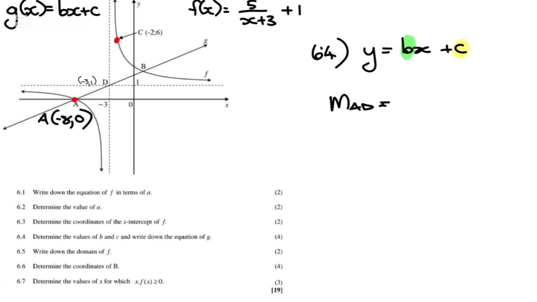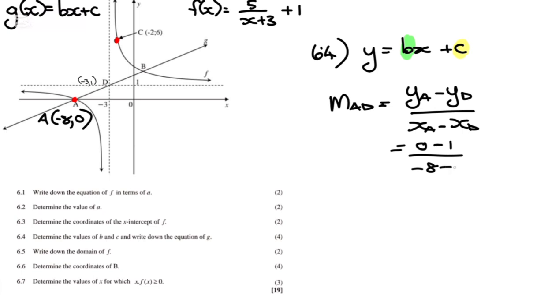So if we find the gradient of AD, we'll have the y of A minus the y of D over the x of A minus the x of D. Okay, so what was the y of A? 0 minus 1, and minus 8 minus 3 becomes a positive 3, so this just becomes a fifth. So my gradient is B, so it's a fifth x plus my